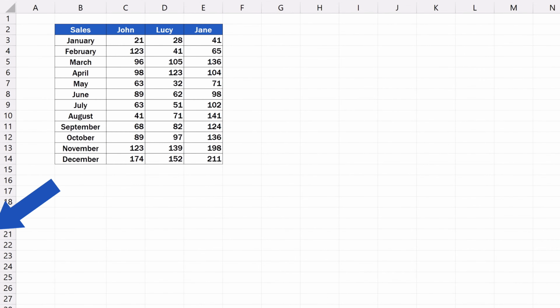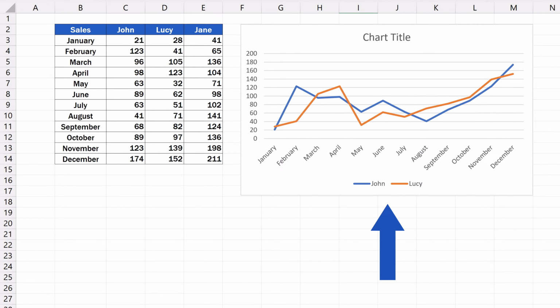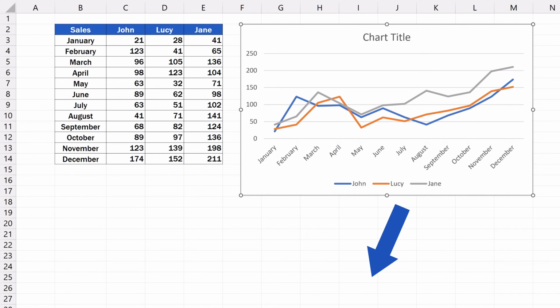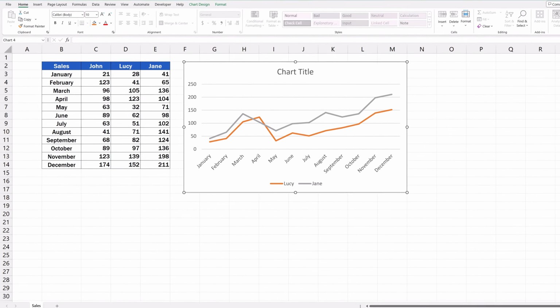Welcome! In this video tutorial, we're going to talk about how to create a line graph with multiple lines in Excel. First, we'll be going through how to create a line graph with 2 lines in a quick and easy way. Then we'll be talking about how to add or remove lines from the graph to have the exact number of lines you need. Shall we start?